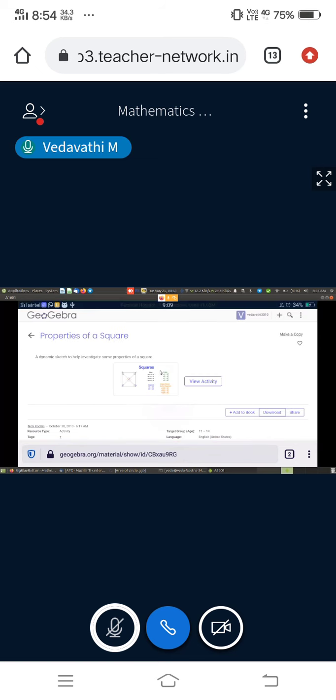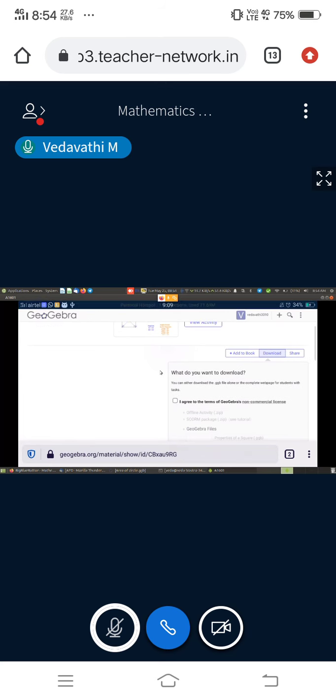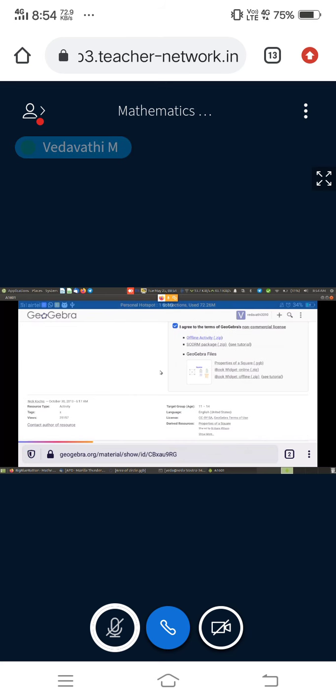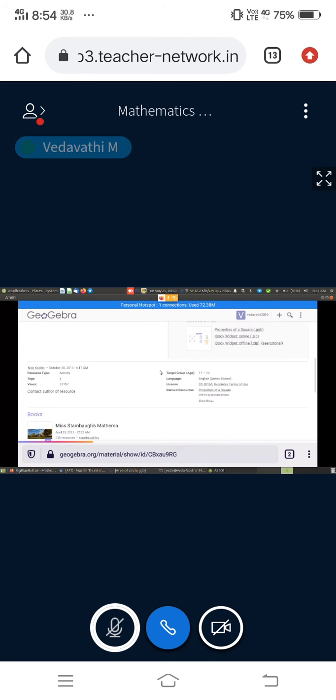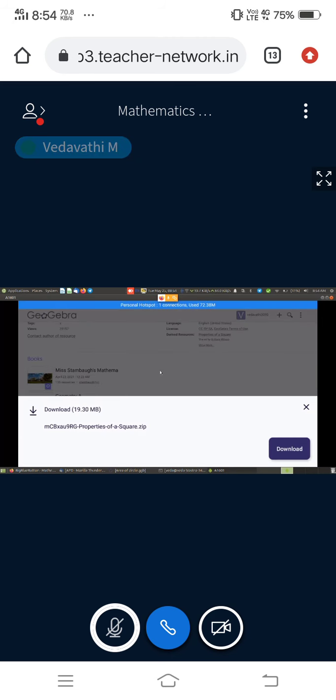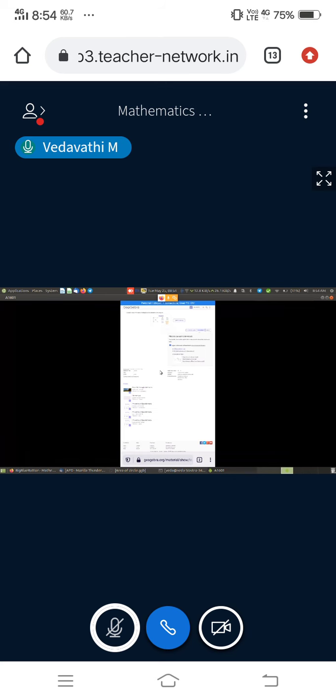There is an option called download, so I'll click on that. I agree with the terms and conditions. Offline activity. Now I'll download this. In this way, you can download the other GeoGebra resources on geogebra.org.